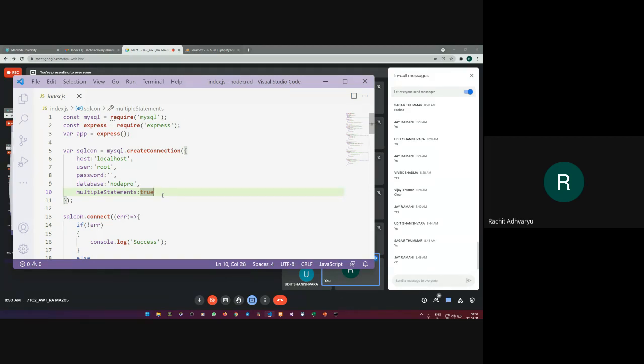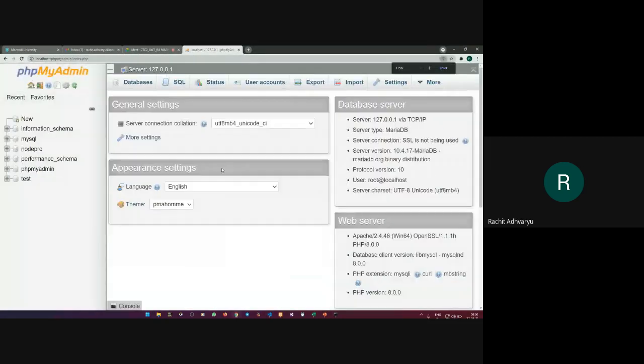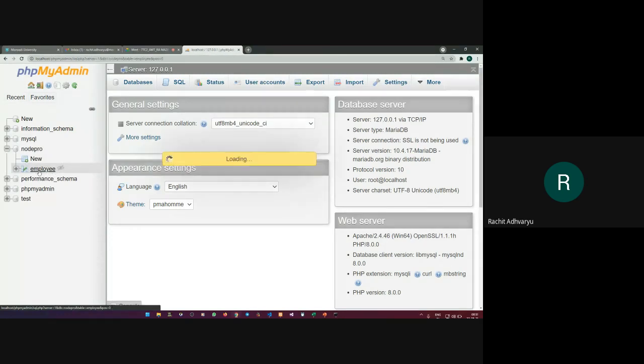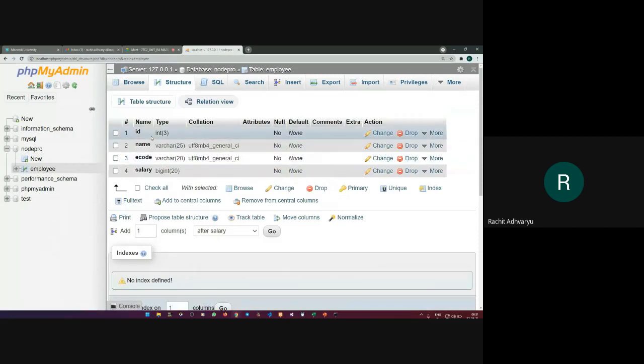Right? So let's check whether we have such things in our MySQL or not. So this is my localhost. I hope you can see. This is my nodepro database, and inside that database, I have one table called employee. So let's see the structure of that employee table first. This employee table contains 4 columns: ID, name, employee code, and salary.